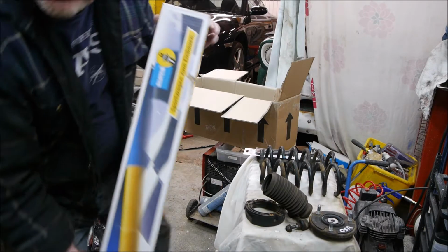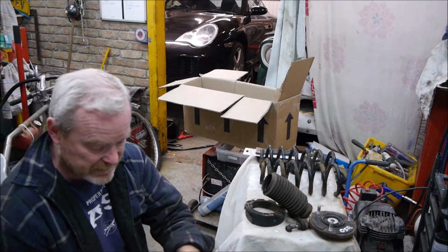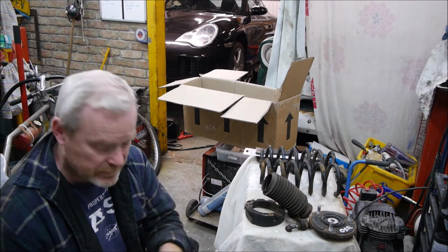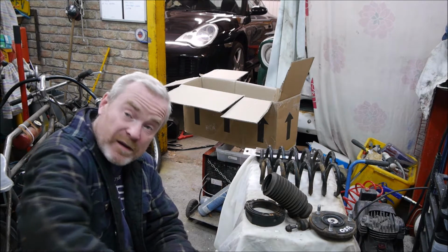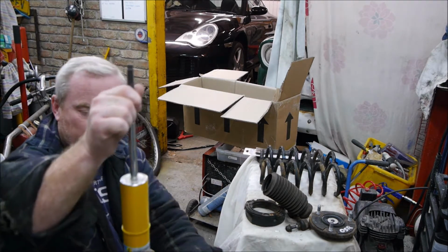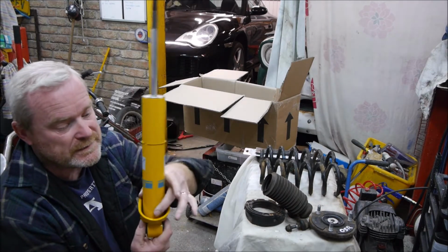So these are the Bilstein B6 shock absorbers, which is slightly uprated from standard. B4 is meant to be the standard rating, and bizarrely the B4 are more expensive than the B6. So anyway, there they are, and I don't know why they're so expensive, because this is basically a shock tower